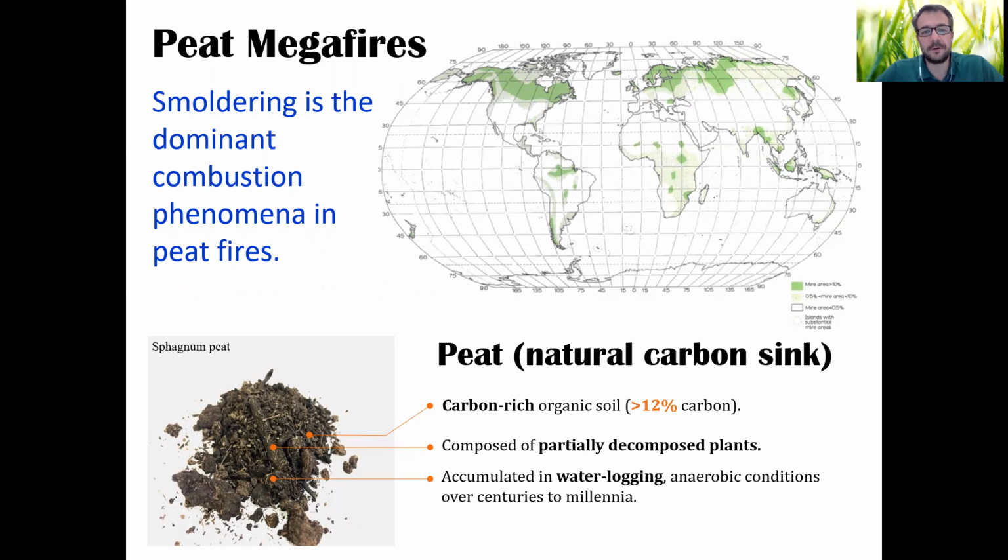So coal is a very old peat, and peat is a very old dead forest or dead vegetation. So this soil that is rich in carbon is actually not meant to burn. It's meant to be in very high moisture conditions, supposed to be surrounded by water. If for whatever reason, natural, anthropogenic, accidental or incidental, it's dry enough, it can start to smolder, and it leads to very, very large fires.